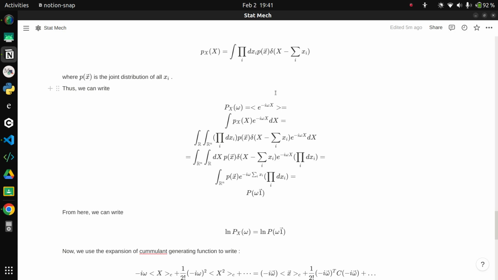Right, so then what we do, we integrate using this d capital X thing first, right? And this delta function thing, this will just give us a 1. This will just pick up, yeah. And so yeah, there's a bit of hand waving over there, but just take my word for it. And so what you'll basically get is, over n dimensional space, the whole Rn thing, p of x vector e power minus I omega, this summation xi thing. So function, right? Okay,